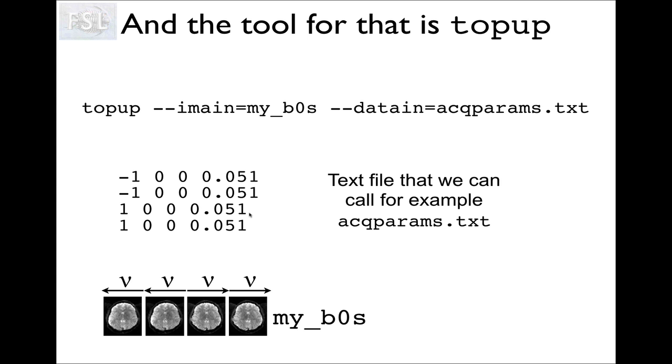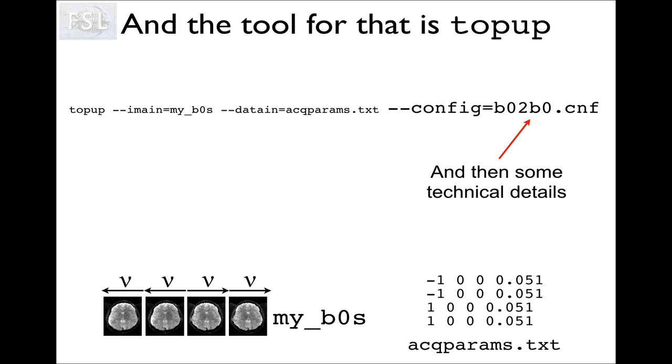So most of the time you don't actually need to worry about it. In addition to the image file and the acq-params.txt, you need to provide a configuration file. You always need to have a configuration file. This is the default configuration file, and that can be used whenever the matrix size of your image is such that in each direction it is an integer multiple of 2. If it isn't, you need to use one called b0 to b0_1 instead. It will give you exactly the same results. The only difference is that it will take a little bit longer